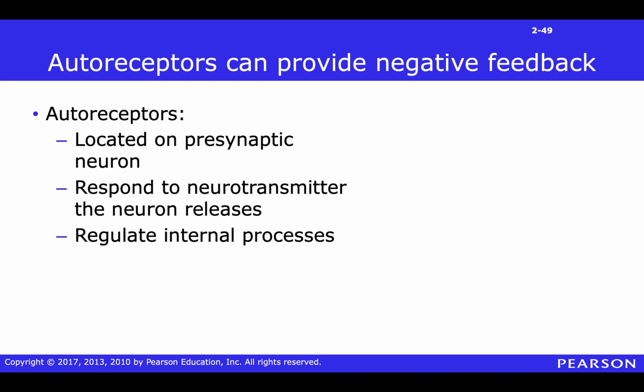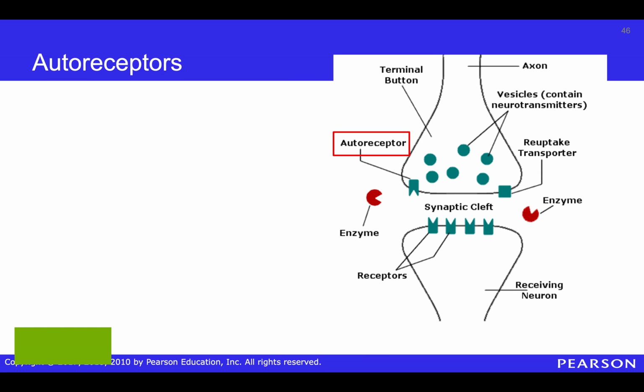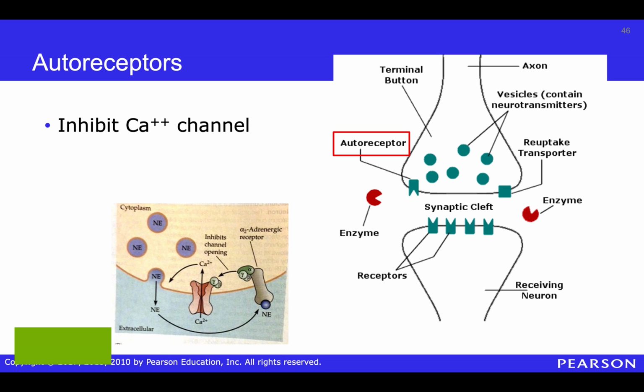These receptors are located on the presynaptic neuron and respond to the neurotransmitter that neuron releases. This is a negative feedback mechanism. It's like the presynaptic cell is telling itself to stop talking. The way this process works is that the neurotransmitter, in this case norepinephrine,